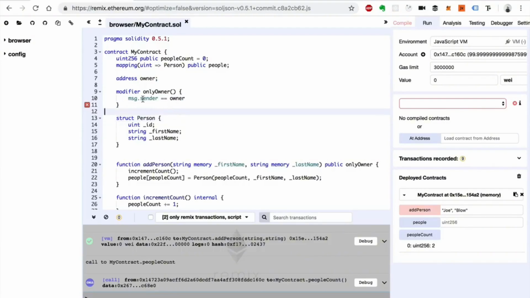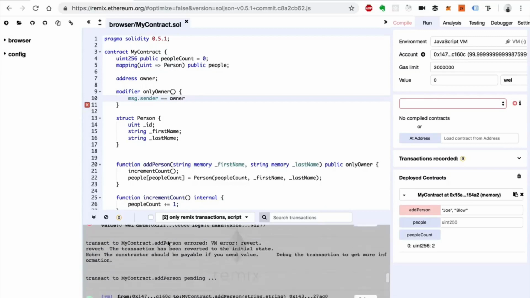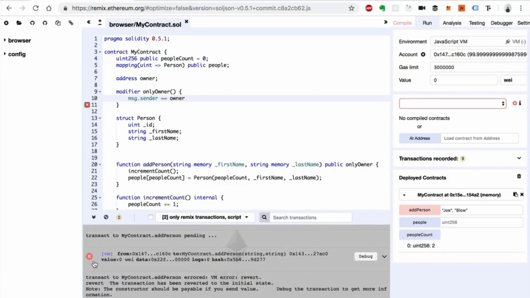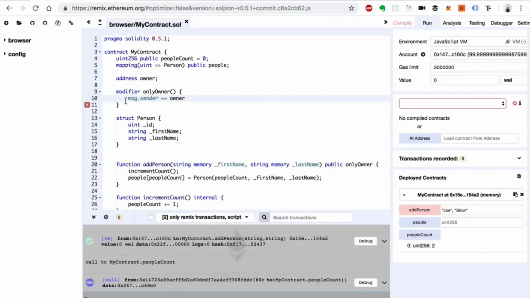So this is going to show you another concept in Solidity about error handling. We can throw an error in Solidity. We actually want to trigger an error if this person is not the owner. We want to revert the transaction. And we can do it like this. We say require,